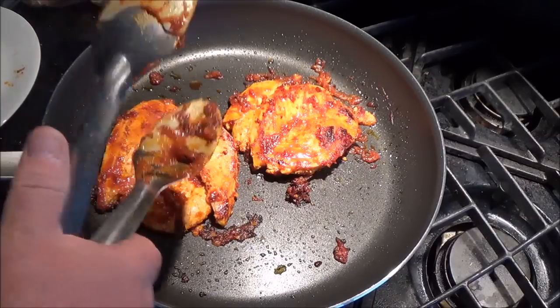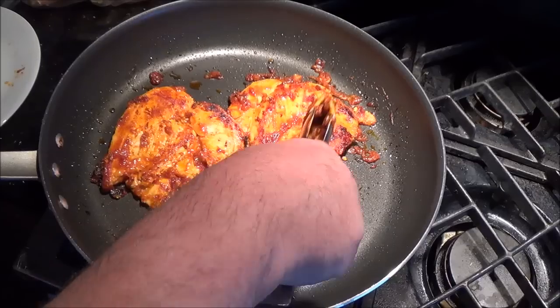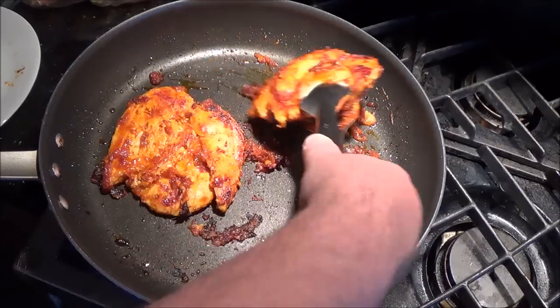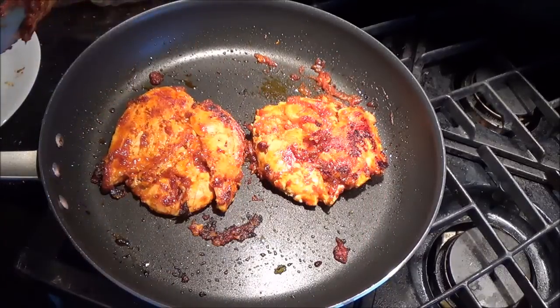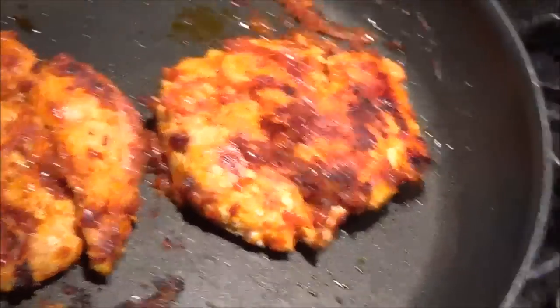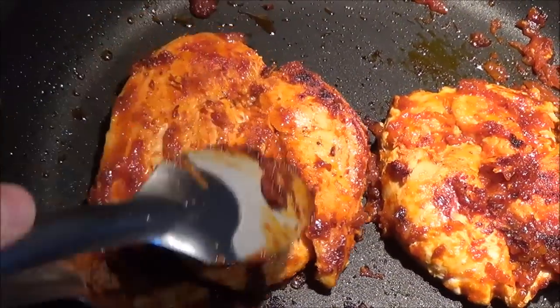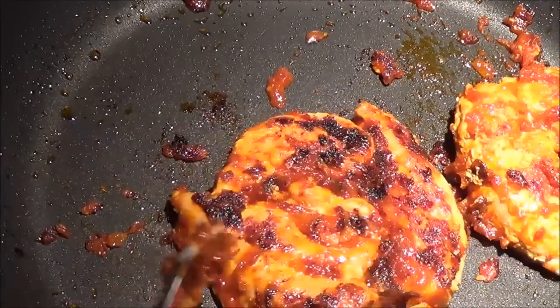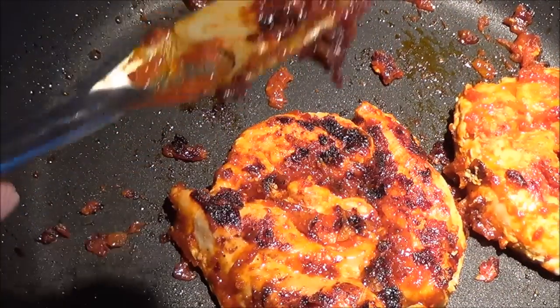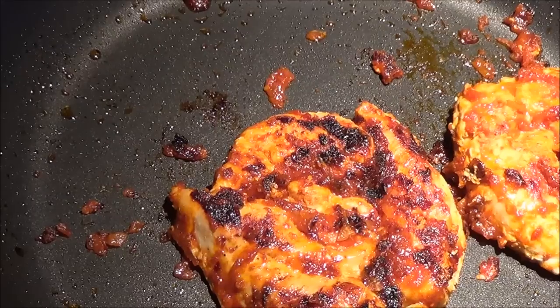So once that's cooked on the other side for about 8 or 10 minutes, just poke it with the tongs, make sure it's cooked through, and you can check it, flip it over briefly. Yeah, so you can see that on the zoom. That's nice and dark. Flip the other one and check that. Yeah, that's looking good. Okay, so what you want to do now is just set